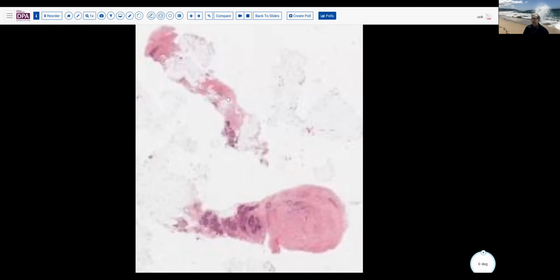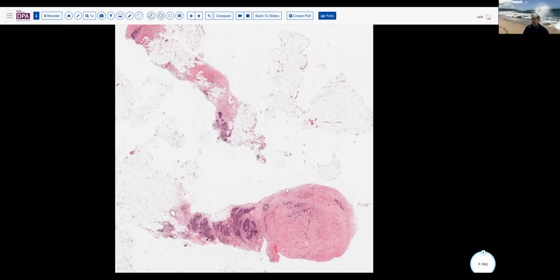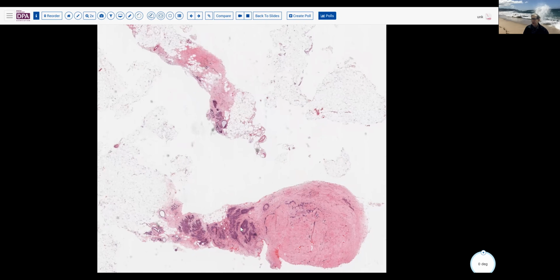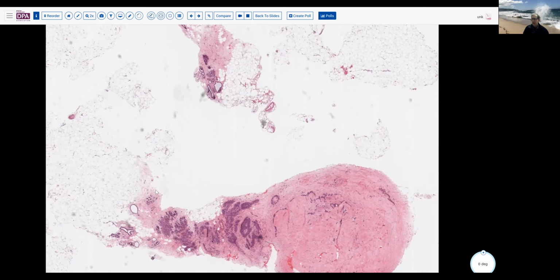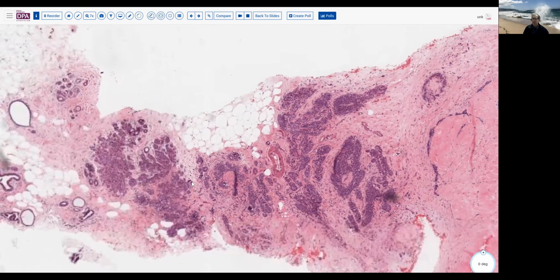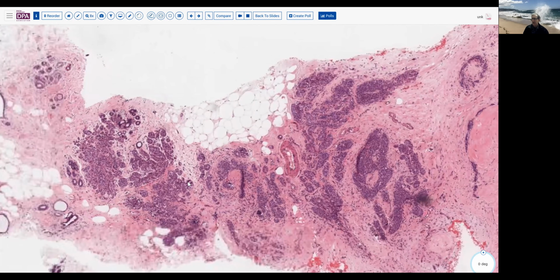Let's take another look at a contrasting case. Here we see, again, not much of an infiltrated pattern, but we do see a little busyness over here and some more solid areas here that raise concern for a neoplasm. Here's some normal ducts and lobules over here. So we'll look at this a little more closely, in contrast to the case that we